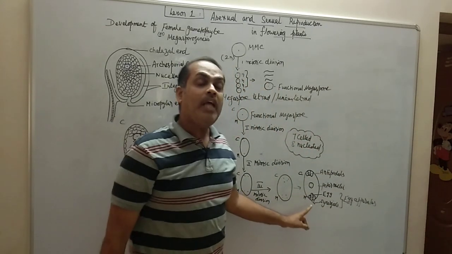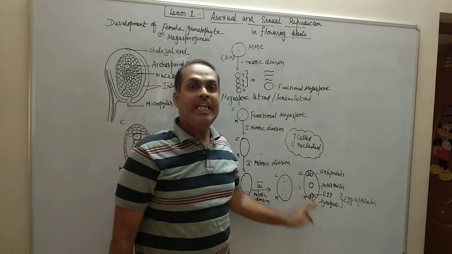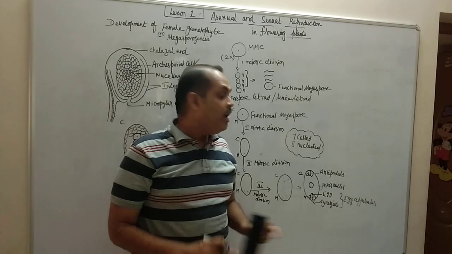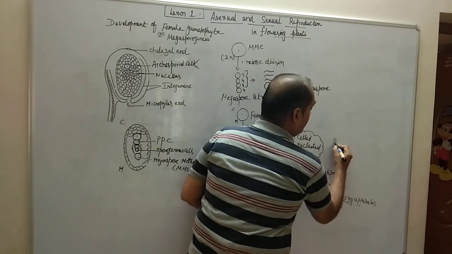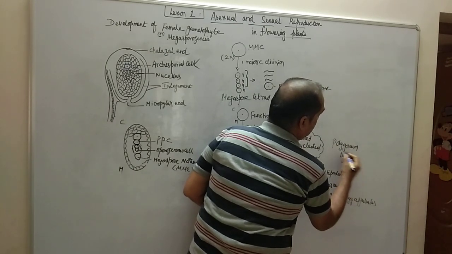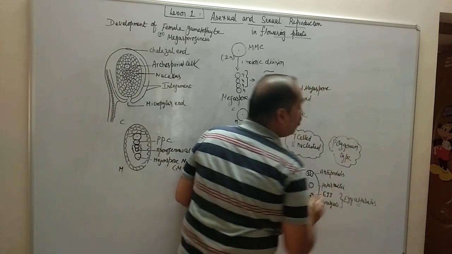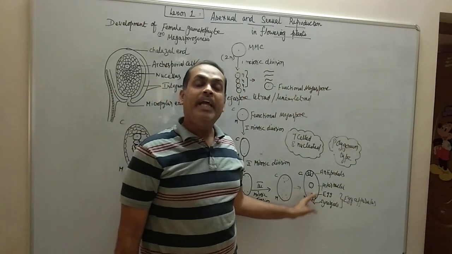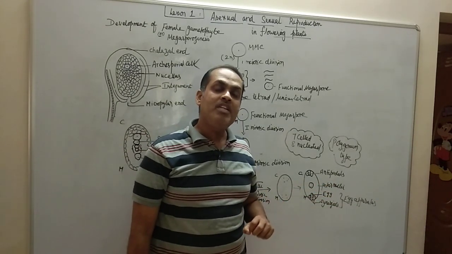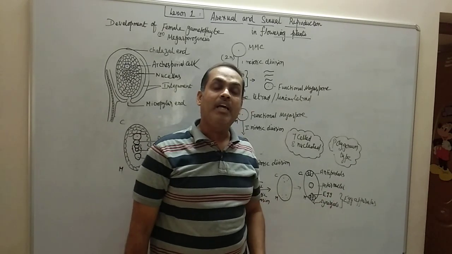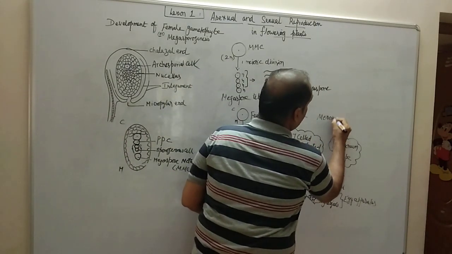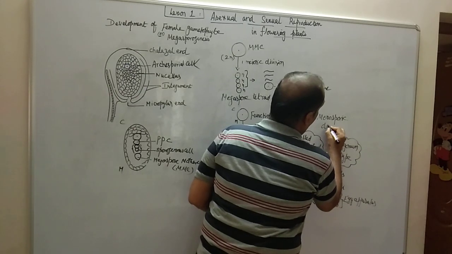Now this is the typical angiospermic female gametophyte, which is 7 celled and 8 nucleated. Now one more thing we have to understand, this is also called the polygonum type, because it was first found out by a scientist Strasburger in the polygonum plant. So it is otherwise called the polygonum type. And one more important point that we have to understand here, this embryo sac is called monosporic development of embryo sac.